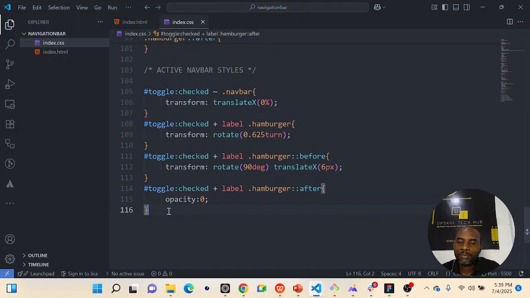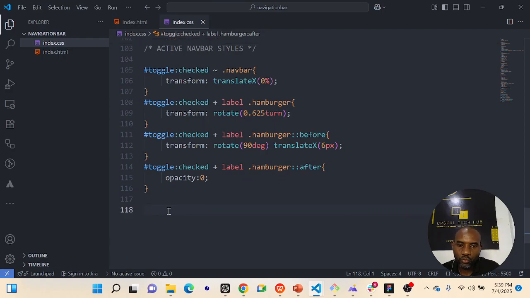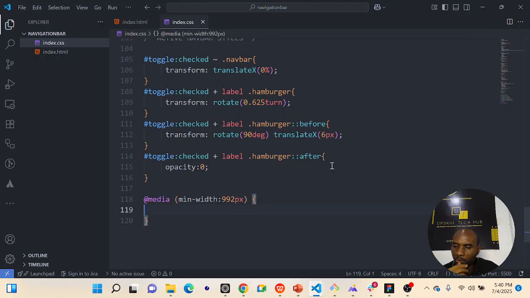To do that, I'm going to make use of what we call media queries. All right, so I'm going to set up a media query for a screen feature which is min width. All right, so we're going to target the media query for a min width of 992 pixels. So that means for screen width of 992 and above,